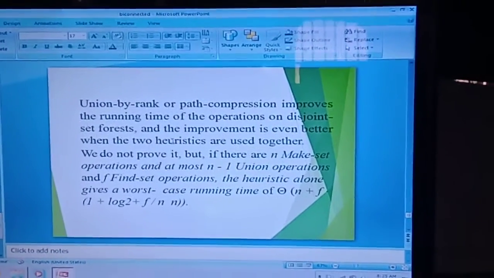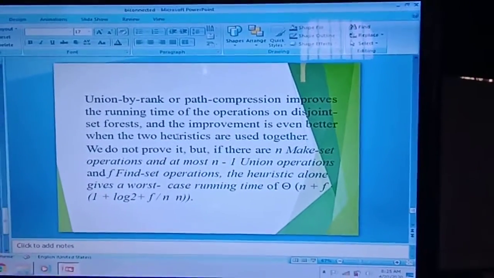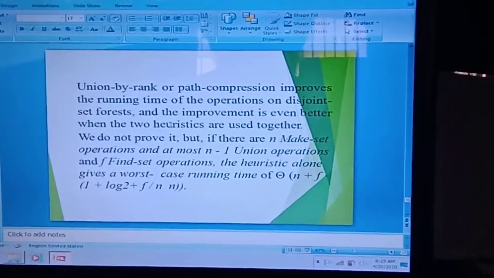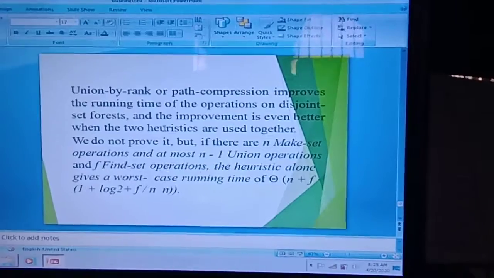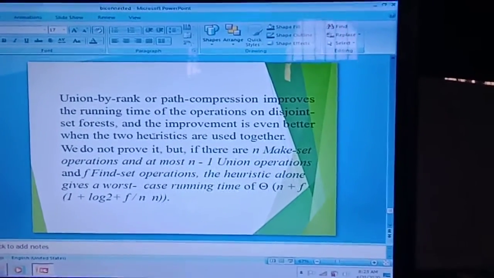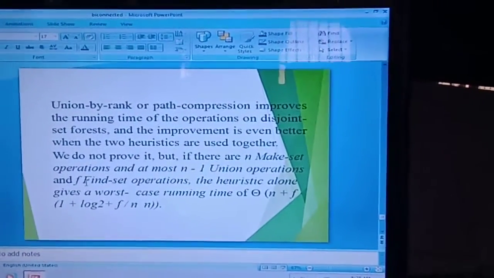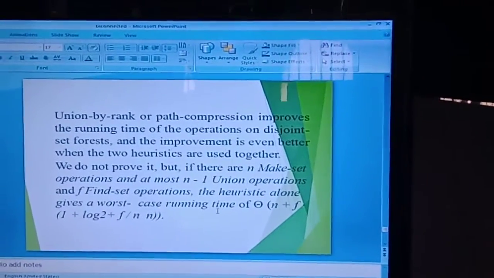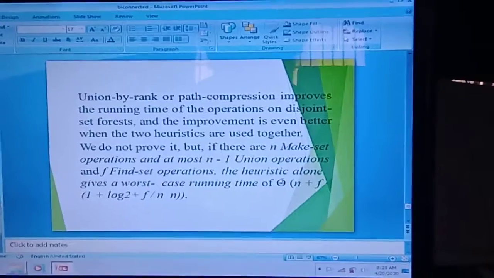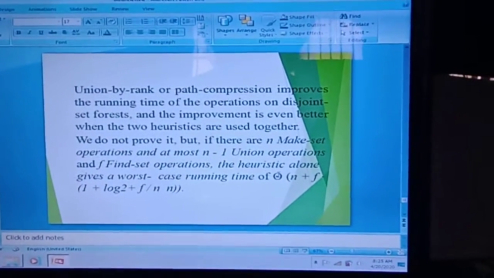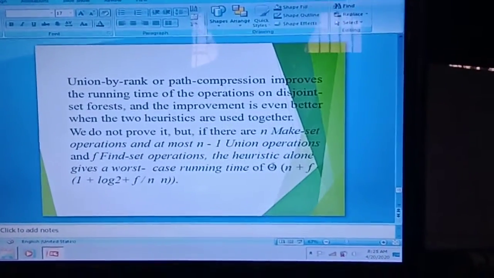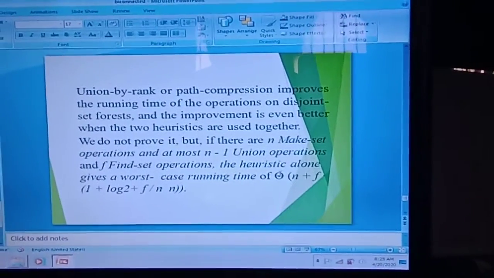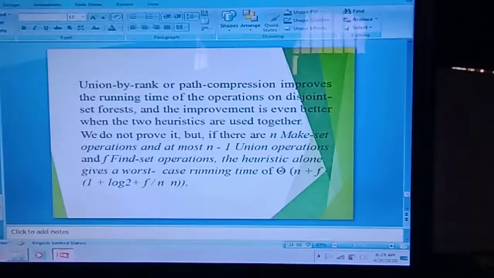We cannot prove it here, but if there are n make-set operations, at most n minus 1 union operations, and f find-set operations, then the heuristics together take a running time of the order of theta of n plus f times (1 plus log base (2 plus f/n) of n).